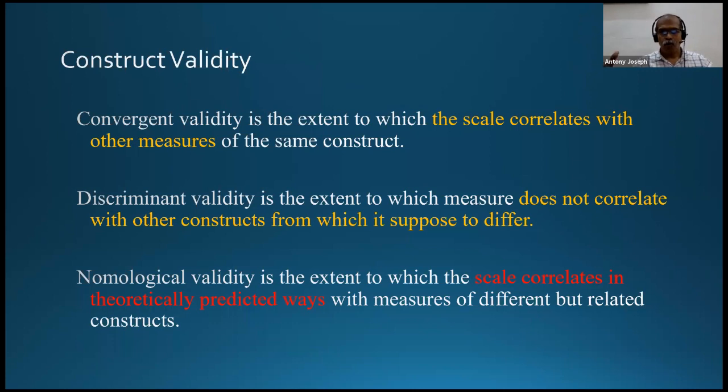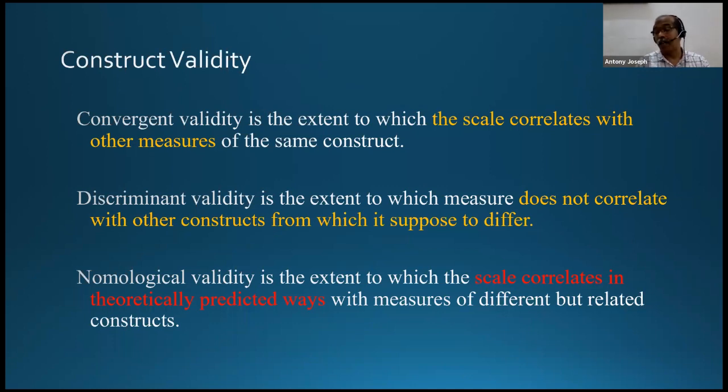So while listening to my talk, what do you think? What will be the type of relationship between CRMO and mass banking? They are actually negatively correlated. That means a manager having a high level of CRMO will have a minimum level of mass banking orientation. On the other hand, a manager who has a high level of mass banking orientation will have a lower level of CRMO. So that is what we say about movement in opposite directions.